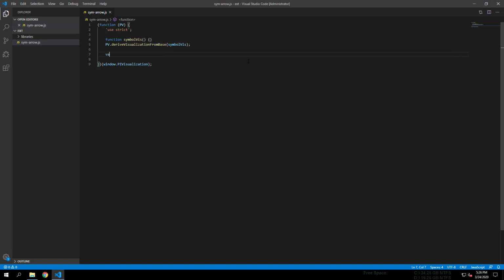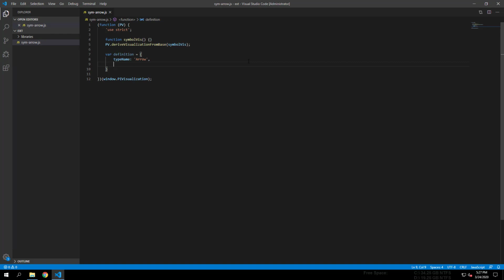Now let's create our symbol definition object. I'll name my object definition, but you can use any name you choose as long as you're consistent. Again, you can find a list and description of each of the symbol definition object properties in the PyVision extensibility guide. Let's first specify the type name, which is required. In my case, that's going to be arrow. This name will also be used for registering the symbol and should be unique. It will also be used for finding the presentation and configuration files if we're using the standard naming convention, and for the display name of the symbol if one is not specified.